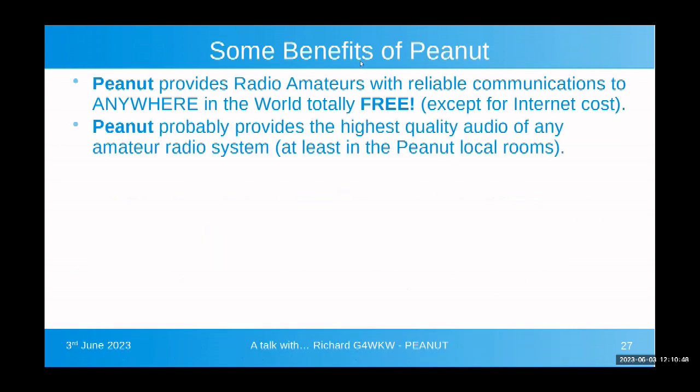Right. Some of the benefits of Peanut. So it's anywhere in the world for free. Probably the highest quality audio. Now, really, I should have recorded some, what I meant to do, I didn't get around to. I was going to record some DMR audio, some D-Star audio, some Fusion audio, so you can compare them with